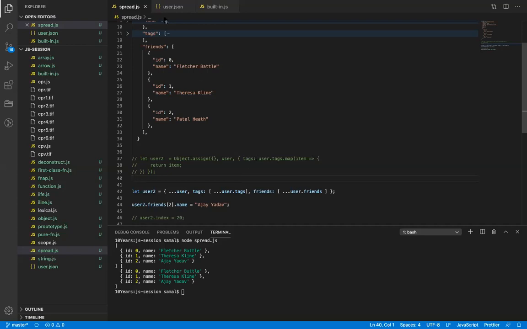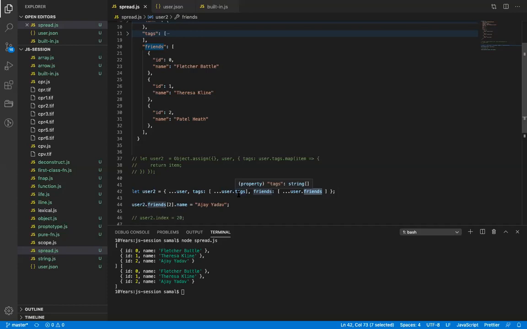No? Alright. Because this array is still a non-primitive, and inside the array there is again a non-primitive, right? So we spread the non-primitive, the friend which is an array. We did not spread the value which is inside, right? So I don't think we'll be able to spread this. We have to use some kind of a loop or something so that the inner value can be spread or copied. Okay, so this is how the spread operator works, right?